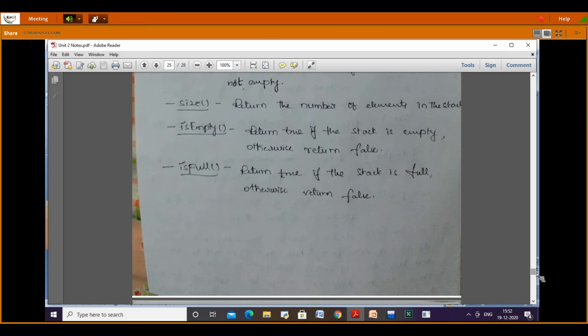What are the different applications of a stack? General examples also you can tell, real time examples or computer science related examples. The people studied all these things, right?